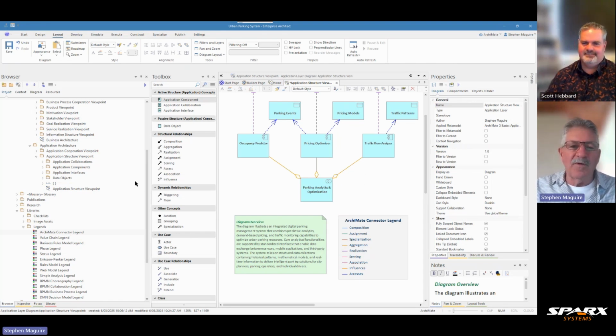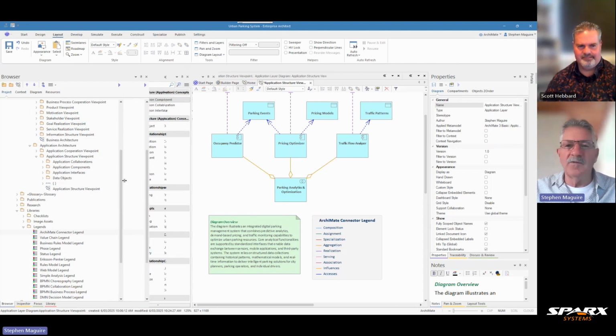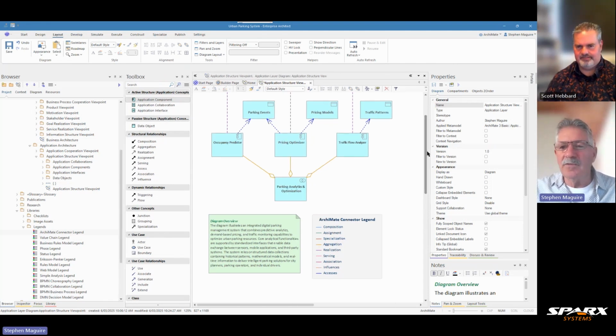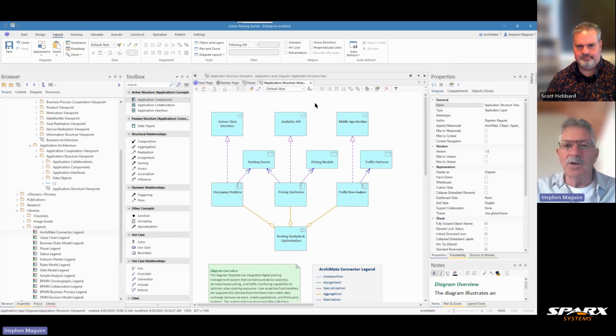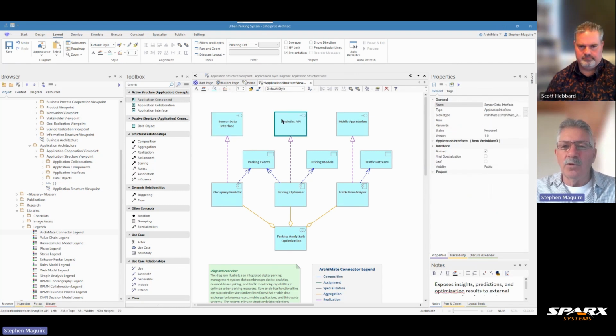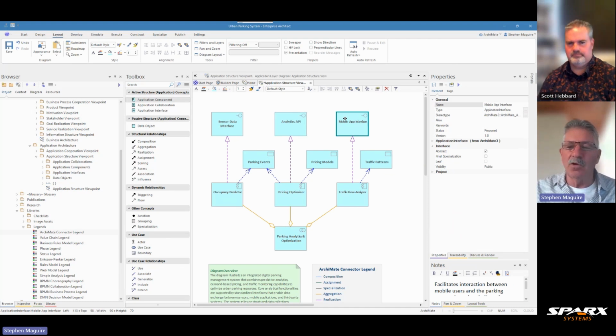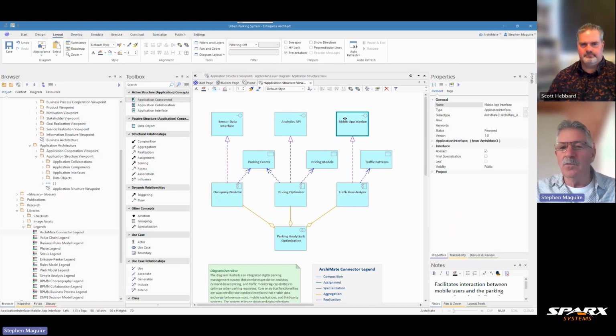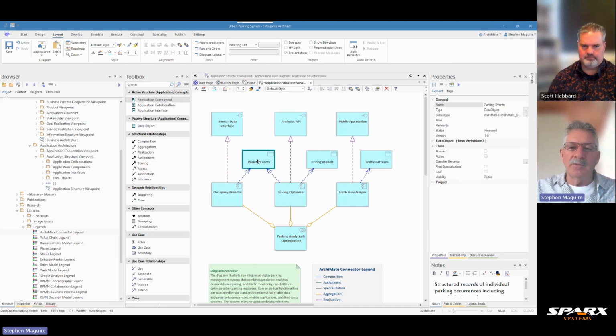So there are lots of other features in the tool that we can use to make these diagrams more expressive. Just going to show a couple of those. One of them I like is the presentation helper here. I can click on that, and that just puts a boundary around the element that I'm talking about. So imagine I'm talking across a video conference, or even in a physical meeting in a room. I can simply project the model and click on this as I'm talking and say, the occupancy predictor there, talk about it. The other thing I can do is show the direction of the lines.